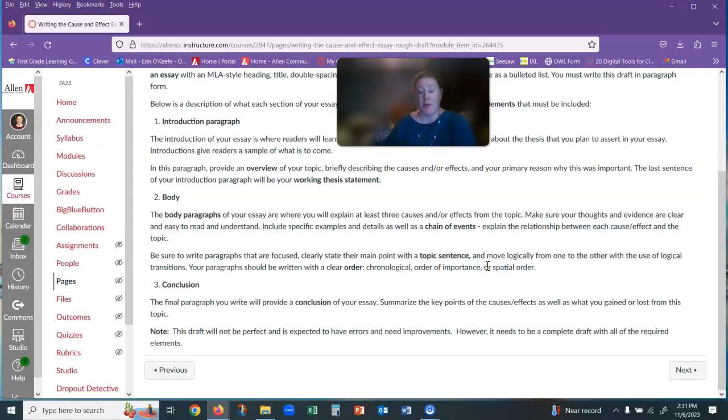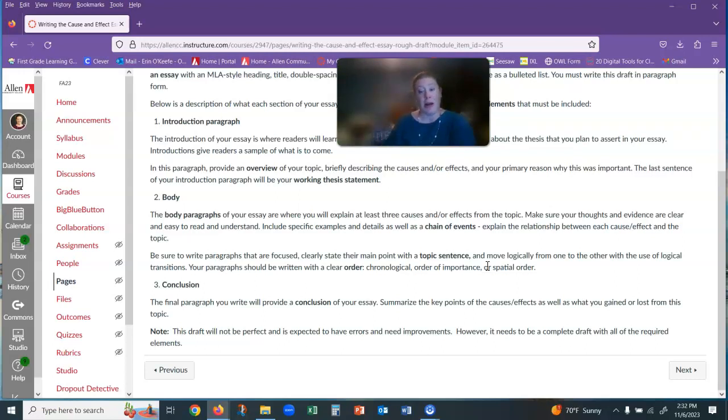Everyone's topic is going to be a little bit different, and that's one of the challenging things of writing a cause and effect essay, is that depending on the topic, you might end up with a lot more causes, a lot more effects. You might end up with a distinct cause and effect, linked together and in an order. So this happened, and then this happened, and then this happened. Or you may have some stuff that kind of goes together, and then multiple effects as a result. So it really depends on how your topic is put together.